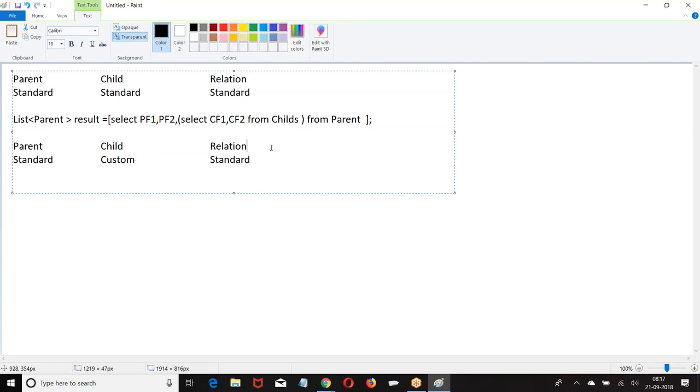Did the Salesforce create any relation between standard object and custom object? Did the Salesforce create? It's not you. Did the Salesforce create any relation like this? No such type of relation. So don't consider.